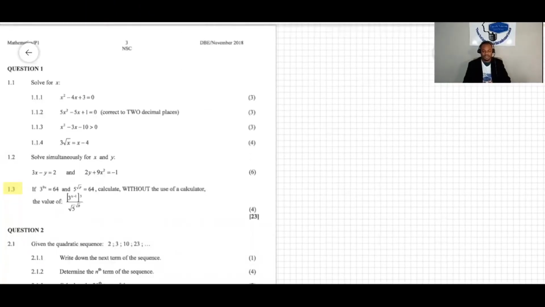Well, in the previous videos, we did question 1.1 with all the sub-questions, question 1.2, and now we're going to do question 1.3. It is given that 3 to the power of 9x equals 64, and 5 to the power of square root of p equals 64 also. Now the question says calculate, without the use of a calculator, the value of